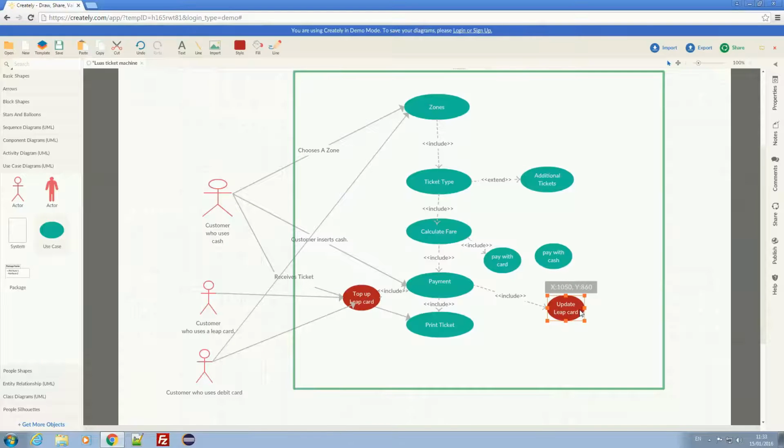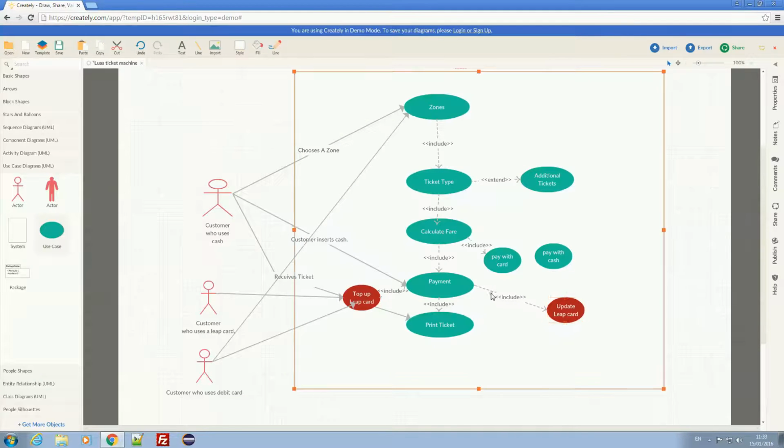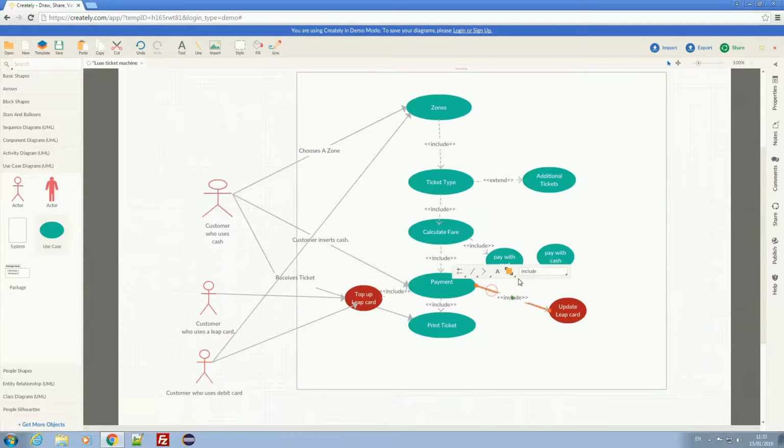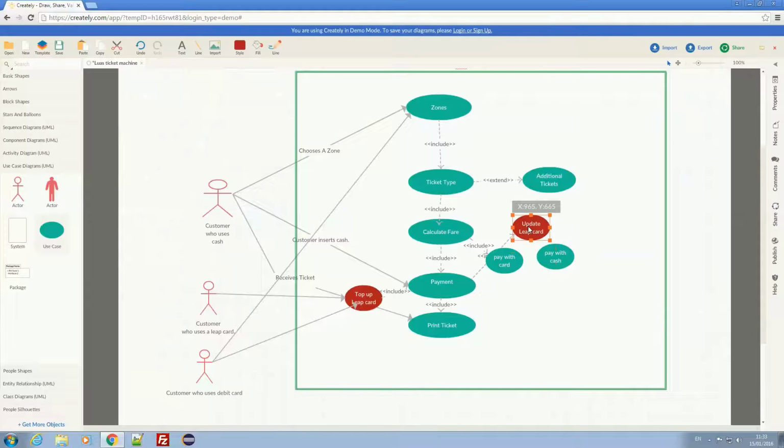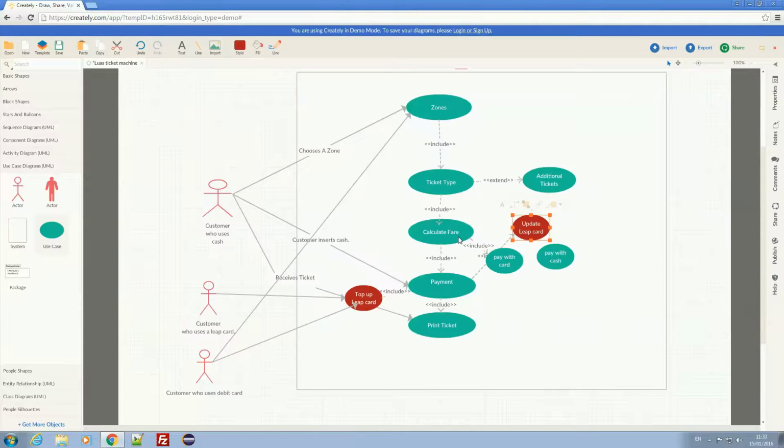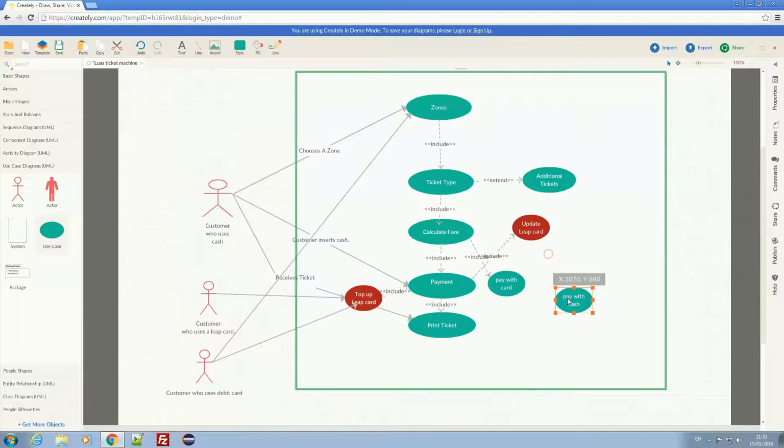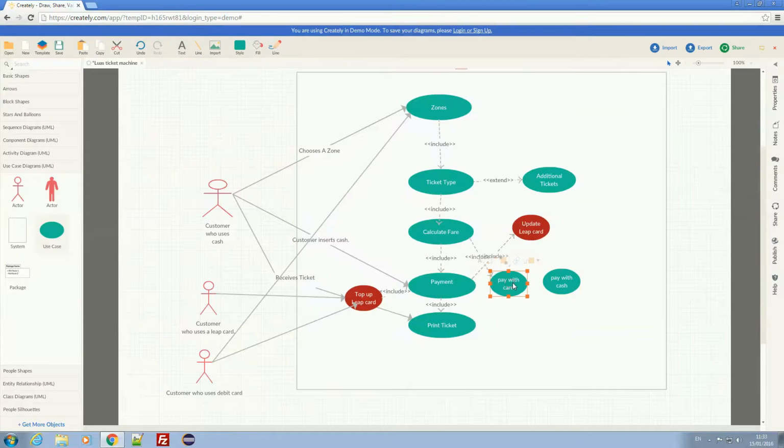I'm going to stick this back up here, because it's probably in line with payment, or calculating fare, or topping up the leap card, because they both involve payment, and when you're updating or topping up a leap card, you can pay with card or with cash. So I'm going to have these as extensions of